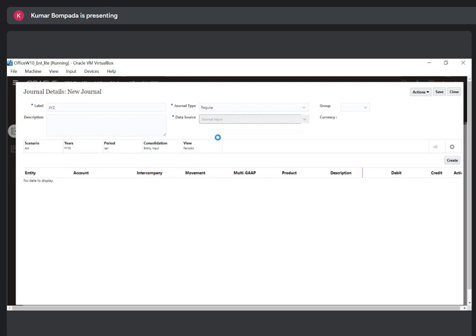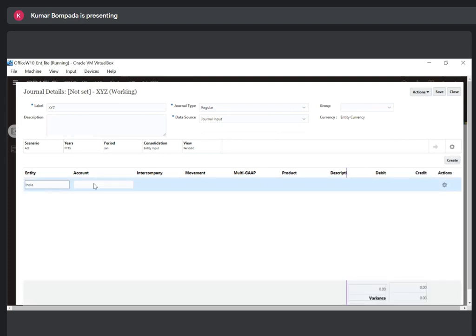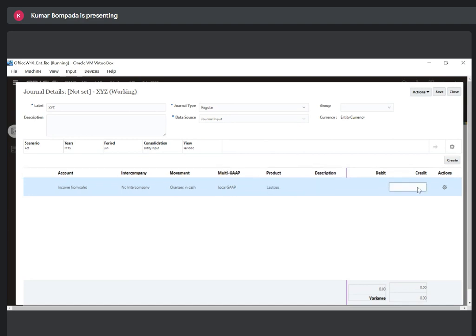Data source will always be journal input. There is no other option given. Okay, description, yes. Click on create, yes. Again, India. Account, you can put it as Income from Sales, yes. No intercompany. Yes, Changes in Cash, Local GAAP, product Laptops, yes, debit or credit is 777, again create,